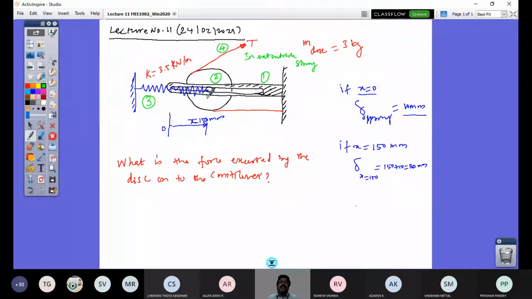In earlier cases we have seen systems of connected bodies with rigid members connected. But it is not necessarily always so. You would see mechanical systems where flexible members come into the picture, like in this case, the spring and cable. The cable is under tension. The cable cannot withstand compression. There is no compression in the cable, so unless it is being pulled, there is no force in the cable.